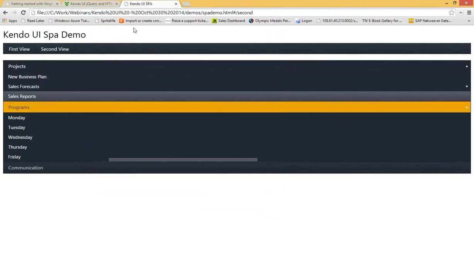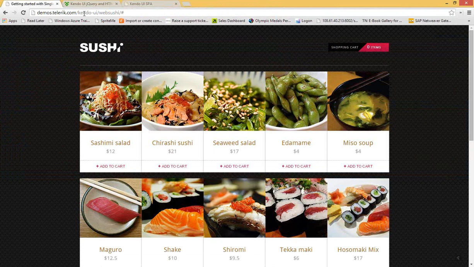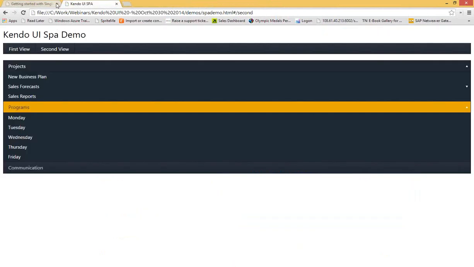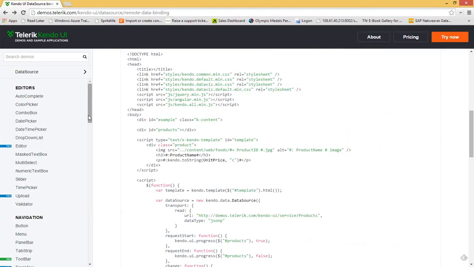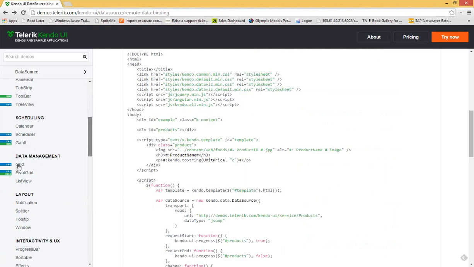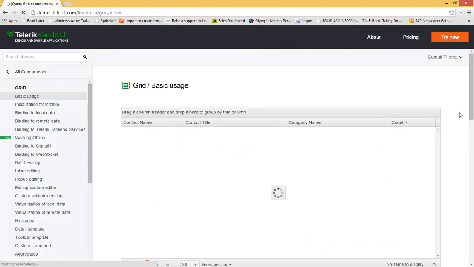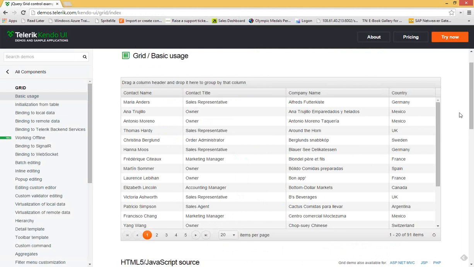So let me close out all these things. Let me show you some of our advanced widgets that we have. There's one particular thing that we want to talk about. This is part of the Kendo UI Professional. This is the grid. What this can do is it uses the data source under the hood